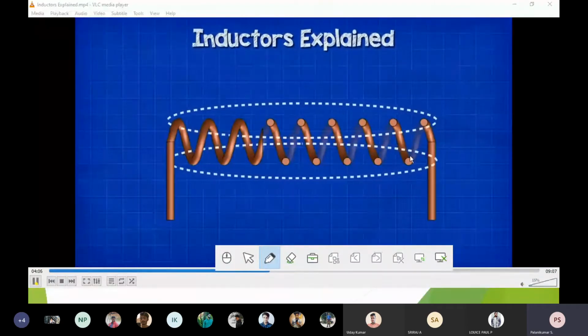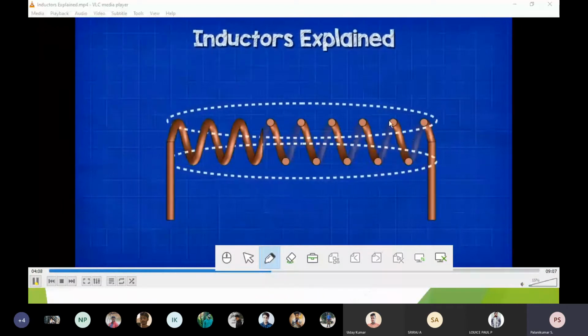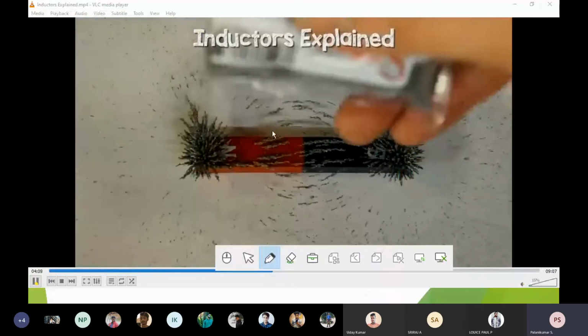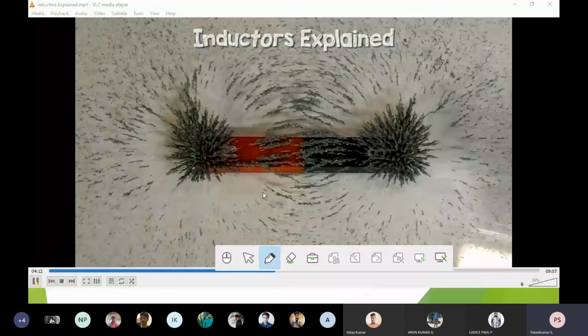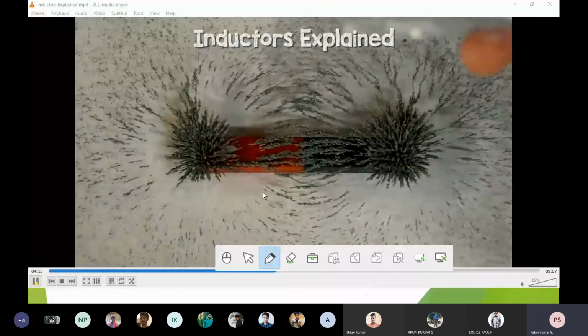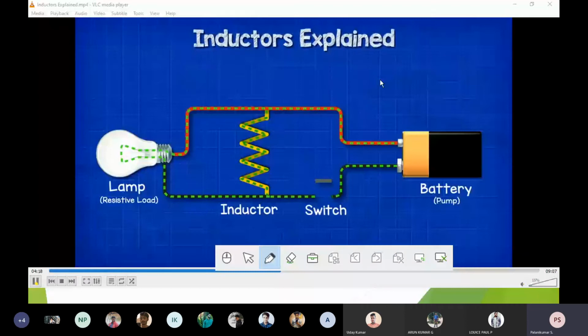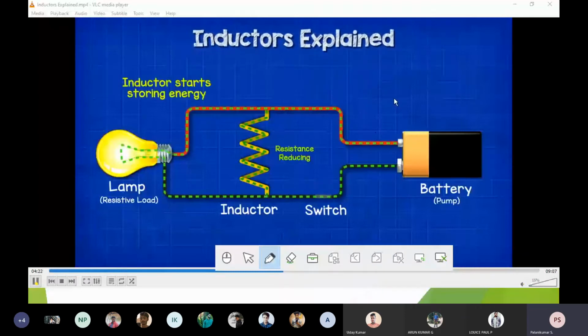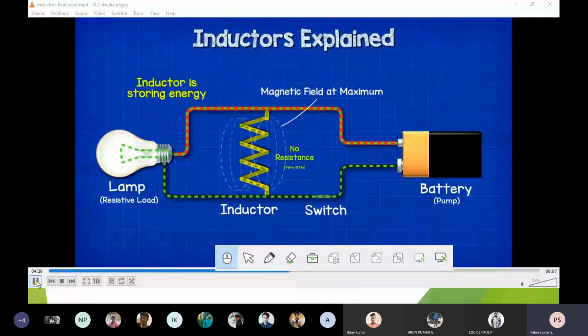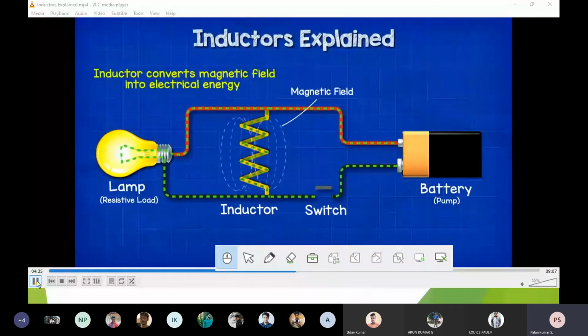As a result, in the coil a very high magnetic field is set up. If I sprinkle some small, tiny specks on it, you can see how it is happening. So that is what is happening here. Whenever a current is given, an enormous amount of magnetic field is there, and now current is flowing through the inductor only. Now suddenly I have stopped the switch.